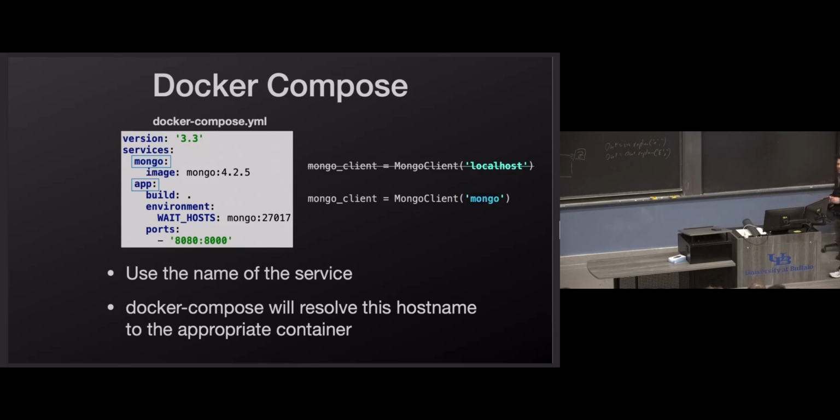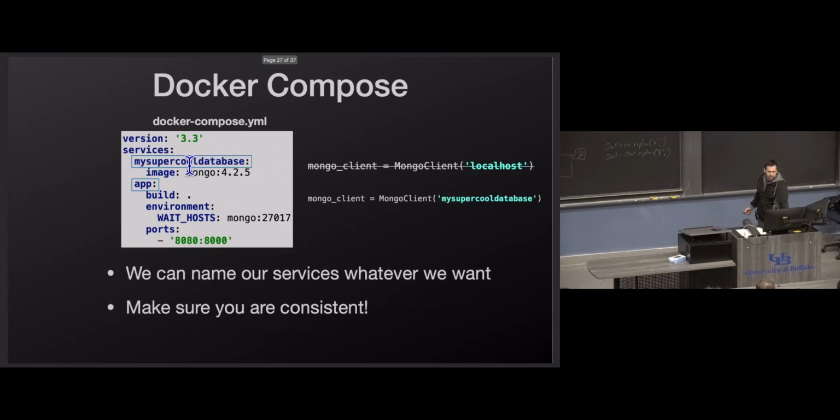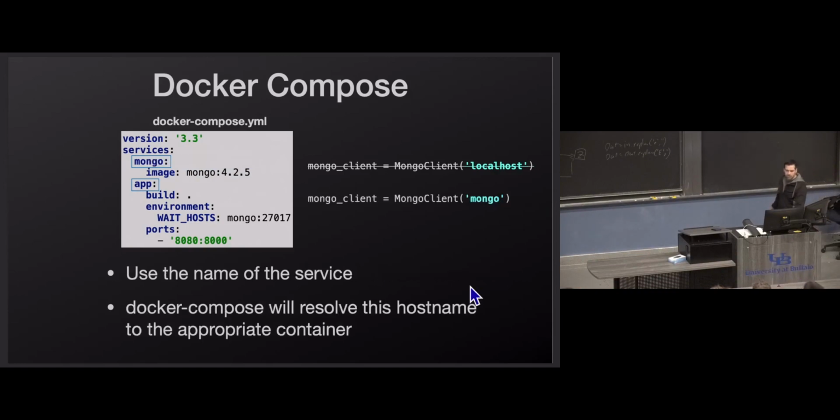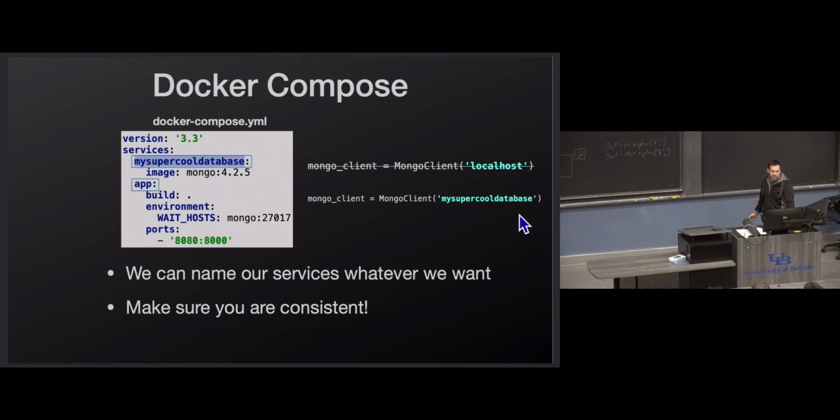We want to make sure that's the name that we use when we connect. That is the host name that Docker Compose will use when it creates a network for our containers, our two containers here. This is whatever you name it. So if you name it something dumb in your services, just make sure you're consistent and use that same name in your code. There's nothing special to the string Mongo here. That's just what I decided to call my service because that makes the most sense. It has nothing to do with it being the name of the image. It's just a name that makes sense. But whatever you name it here, you have to name it here.